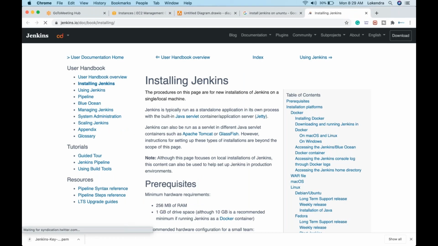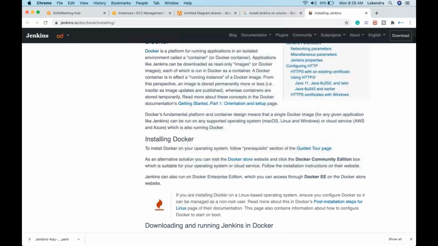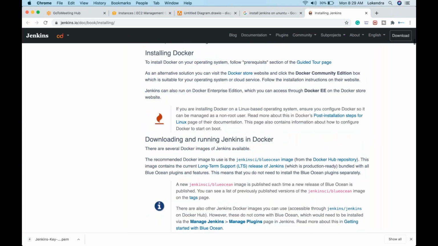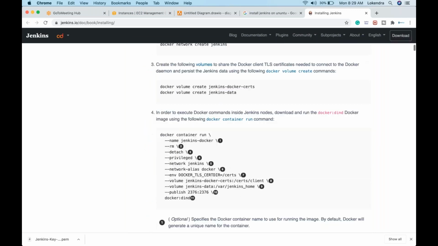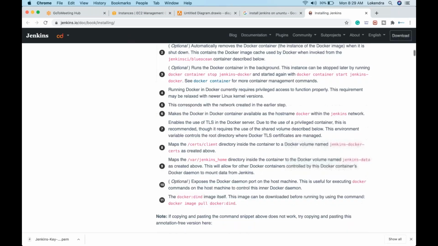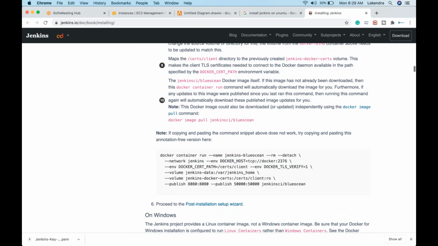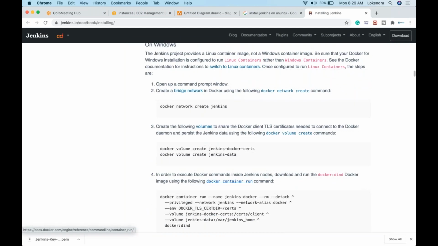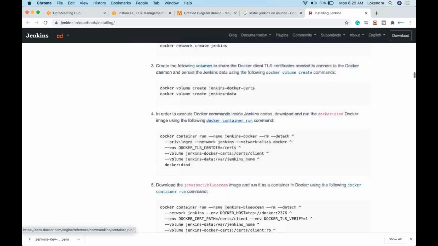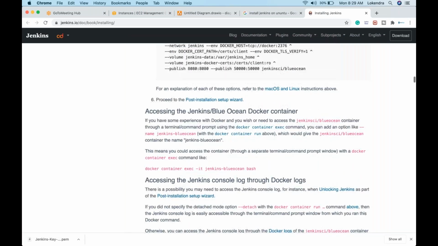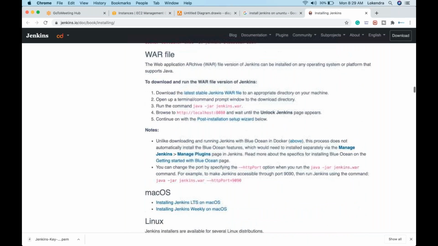Over here they have specified all the steps. Maybe if you want to install Jenkins on Docker, or on any server environment, whatever you want, you can run that, right? If I want to run Jenkins on Ubuntu, then obviously I will have to look for that, because by default it is suggesting that I run Jenkins on Ubuntu. So I'm not going to do that. If you want to run your containers on Jenkins, you can go through this particular URL.